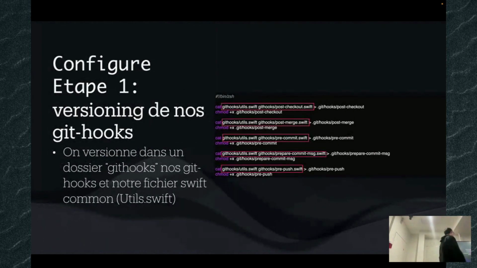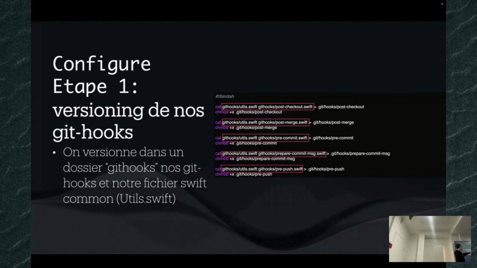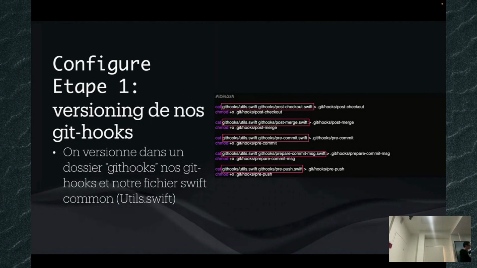So the step one. I'm describing this just to let you understand what these lines really mean.